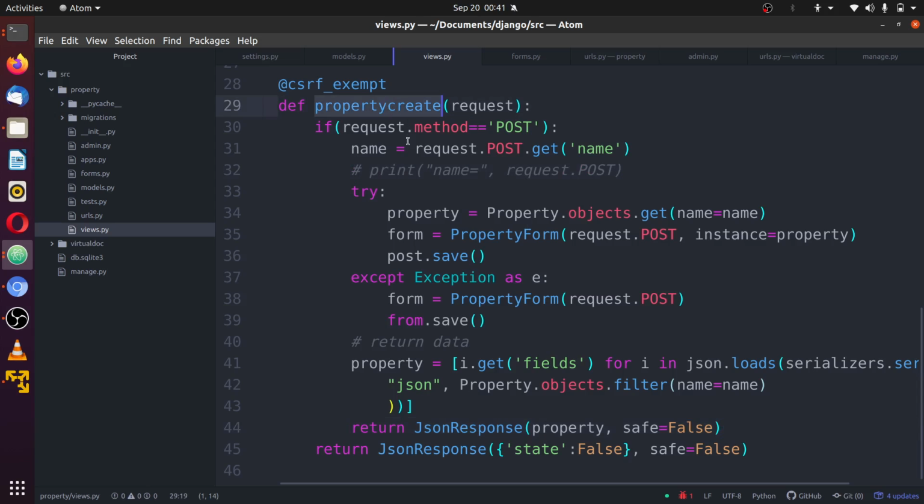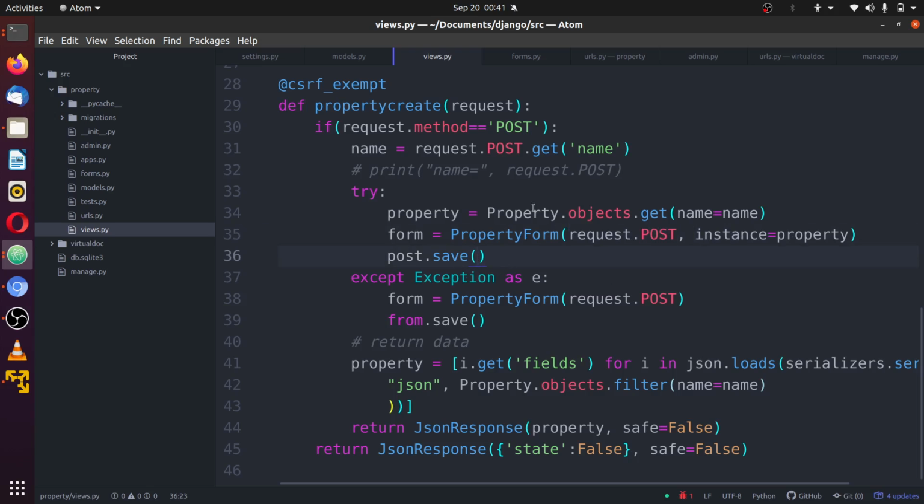Once data is posted to this server here, in this try session block, the try block, we try to grab the name. We use this name we grabbed here to look for information from the database, based on this line 34. Once that information is found, it means that it will just run an update. It will post the entire form contents. The instance is what exists in the database